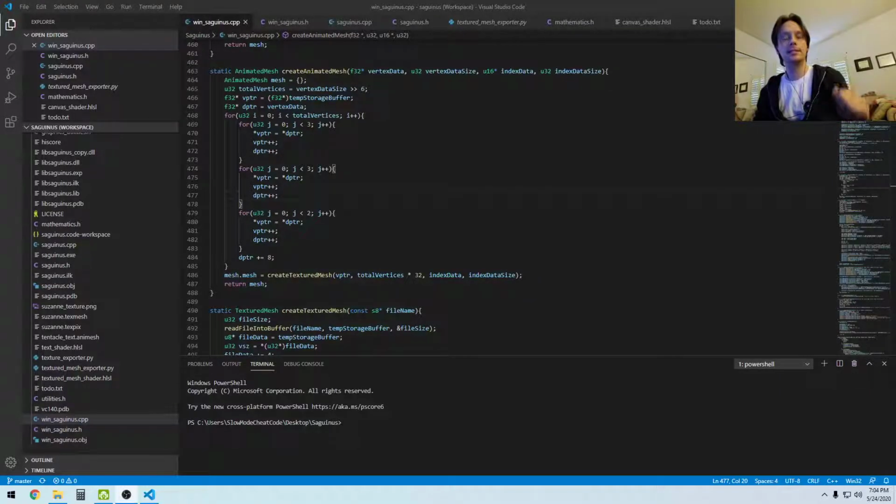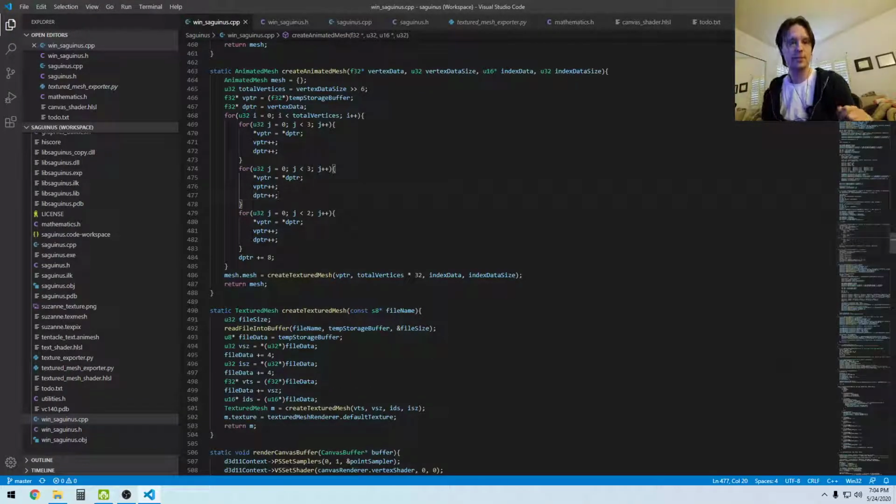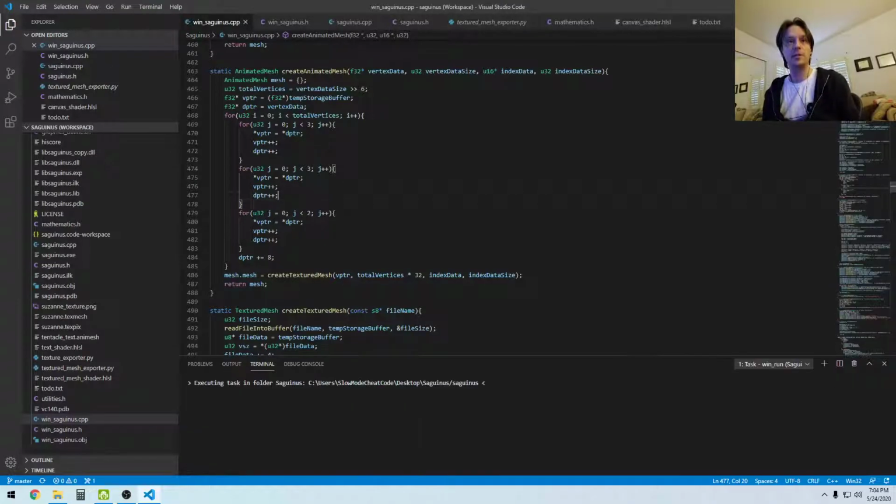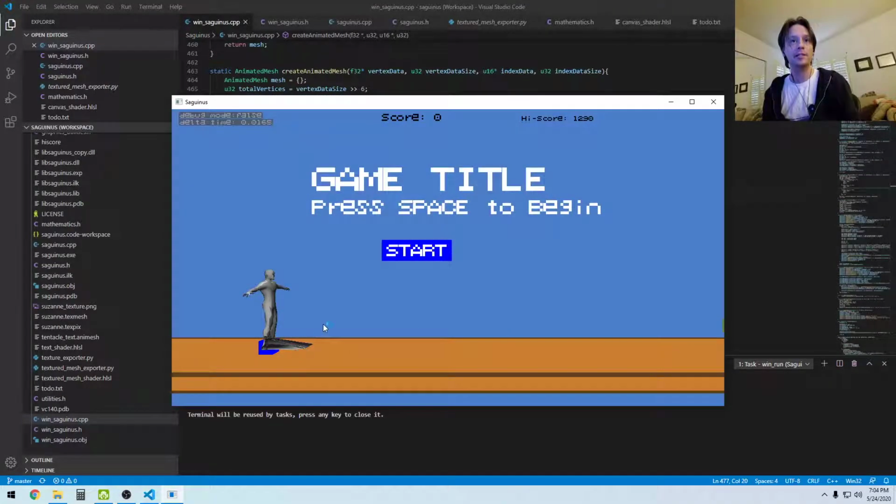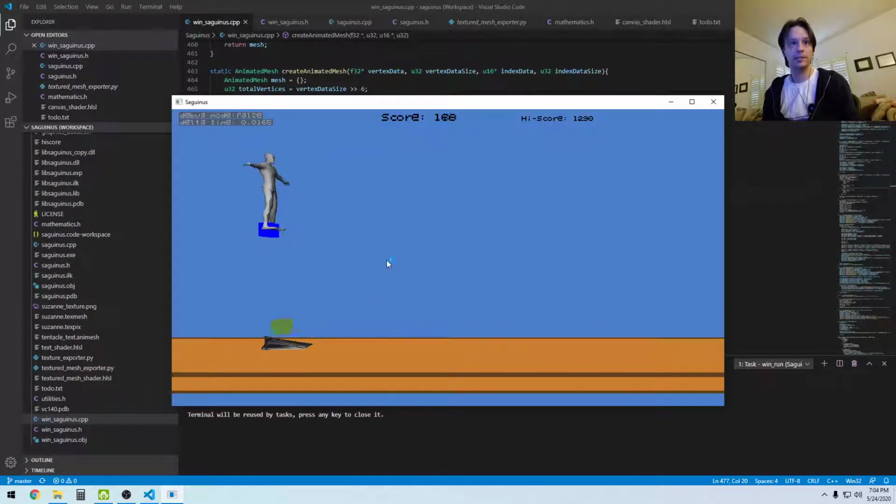Hi. So last time I started trying to piece together some semblance of an animation system for 3D meshes, and today I'm just going to see how much further I can get. So it didn't go so well last time. I ended up with this weird